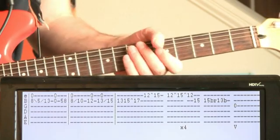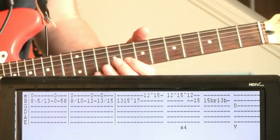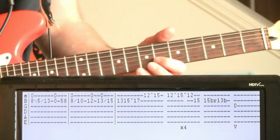All right, and then it starts over again. We do the 5, 8 on the B. Okay, then we go 8 to 10 on the B, up to 12, 13, and now we're going to come up to 15. Okay, so it'll be...